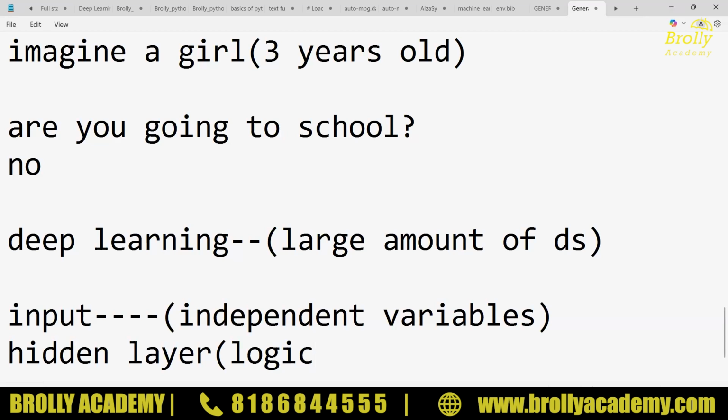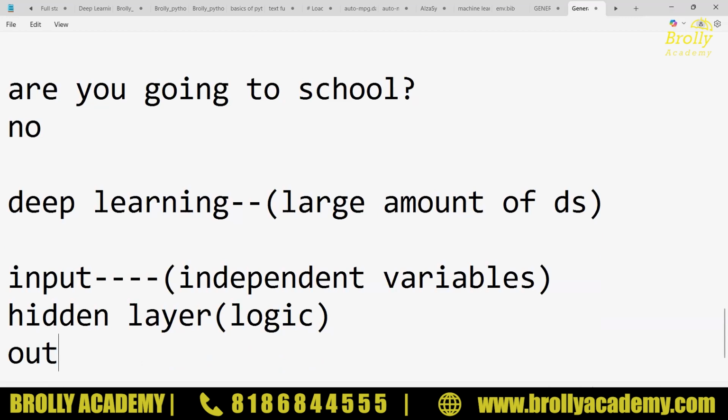Whether you're performing any kind of data work, you get the result in text format, or if you want the data in image format, the hidden layers will be based on that requirement. Then it will generate one kind of output layer. This is exactly how it happens. So the result is nothing but the output.